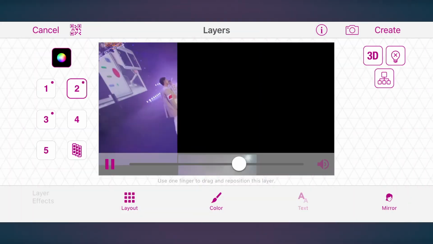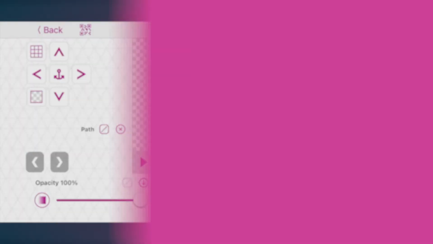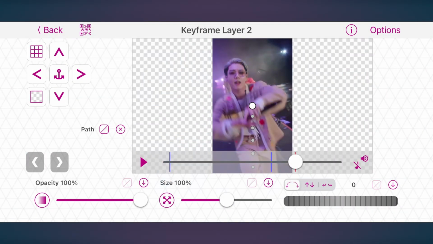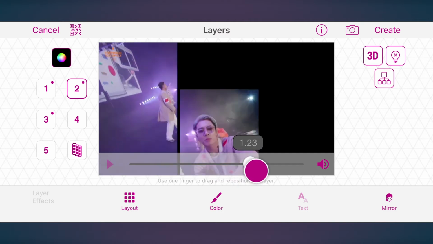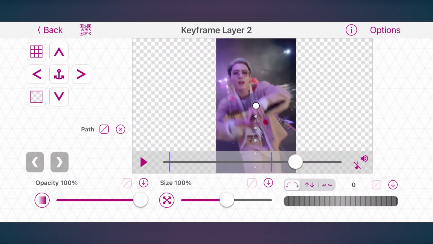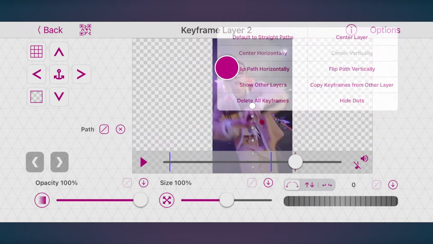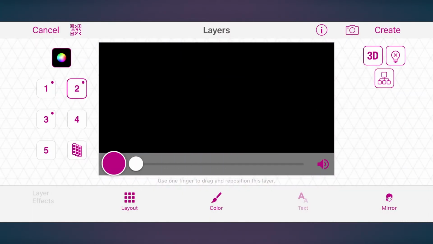Do the same for layers 2 and 3, but remember to slide the video up from the bottom for layer 2. Some tips for layer 2. You have the reference of the corners in layers 1 and 3, but for layer 2 it gets complicated. You may think the clip is in the middle when it's actually moved a bit to one side. Tap Options, then center horizontally to center the clip. This is what we've done so far.